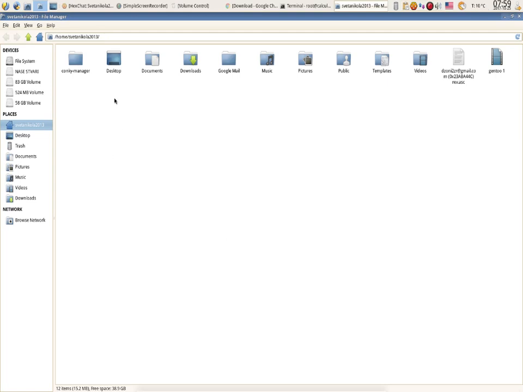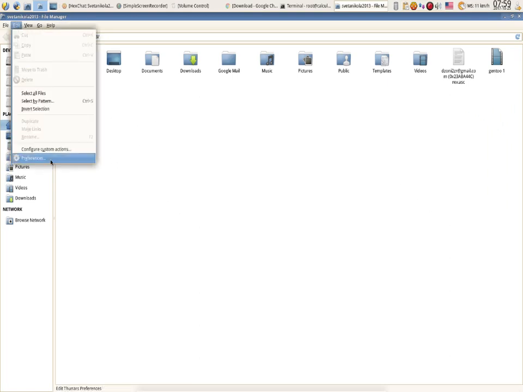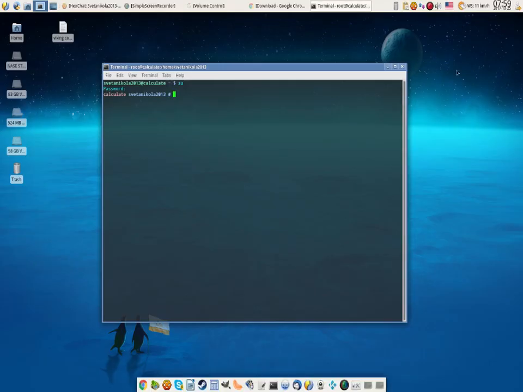You get the Thunar File Manager, and it's with the options. It's pretty much the same as a Windows File Manager. So I think it's the most user-friendly file manager and desktop manager to switch to from Windows when you're making a transition from Windows to Linux. XFCE Desktop, I think it's the most user-friendly. It reminds me a lot of Windows XP or even Windows 2000.